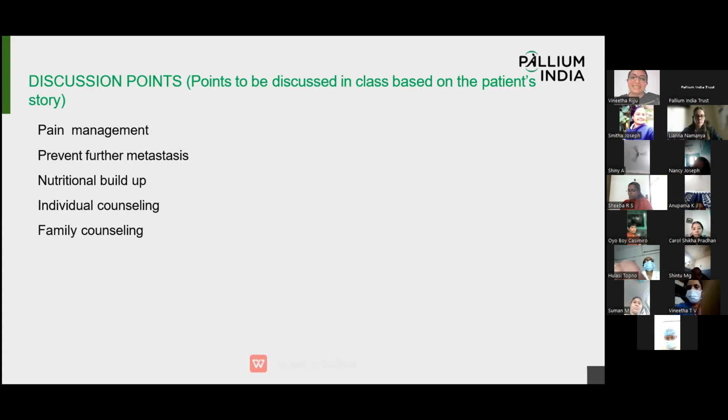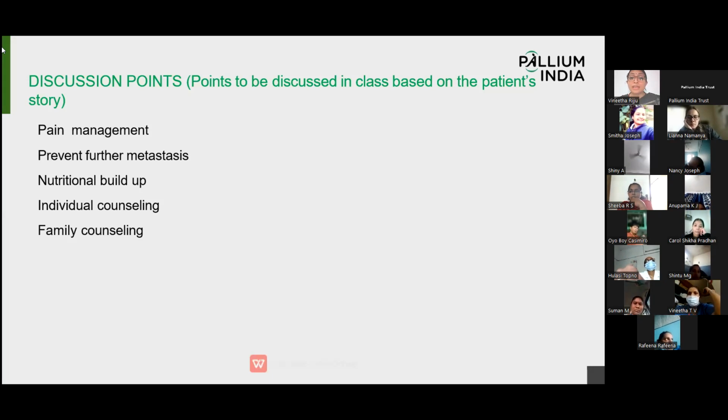Yes, Ms. Malini was talking about the family counseling, regarding the status of the disease. Yes, we have to keep them well informed of the current status of the disease. I agree. The patient and the family need to know exactly what the status of the disease is. Regarding the expected outcomes, Mr. Sumit says yes. The patient and the family need to know the expected outcome of the disease. You have to respect the right of the patient to know what is happening with her.